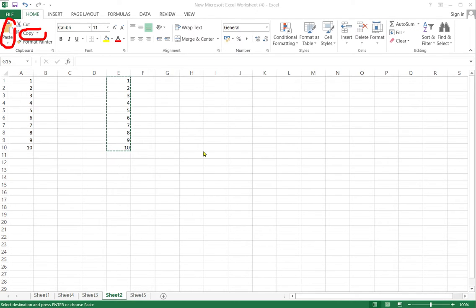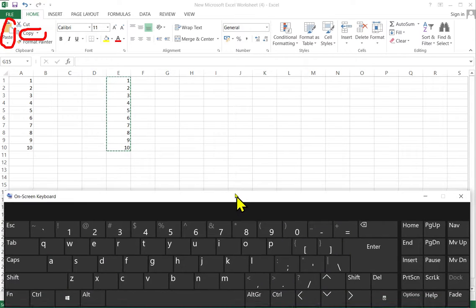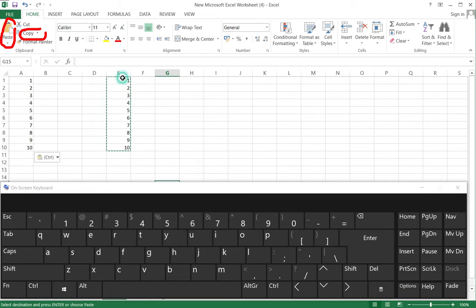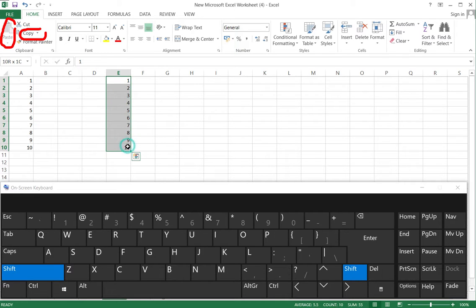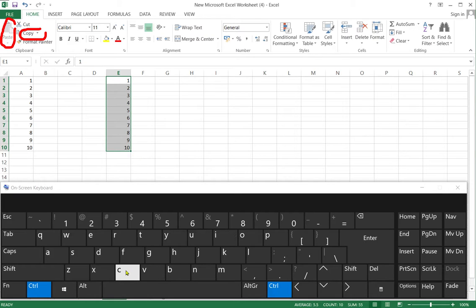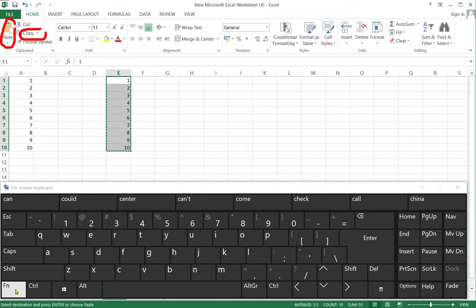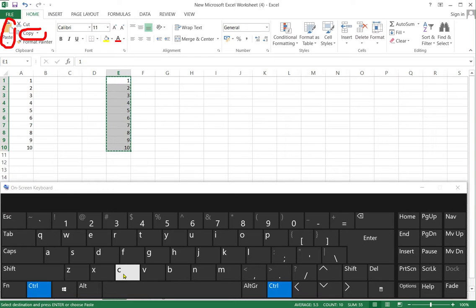We can also do copy and paste with the help of keyboard shortcut keys. This is our keyboard. If I want to copy this text, just select the text, and the shortcut key for copy is Control plus C. You have to press Control and C at the same time.